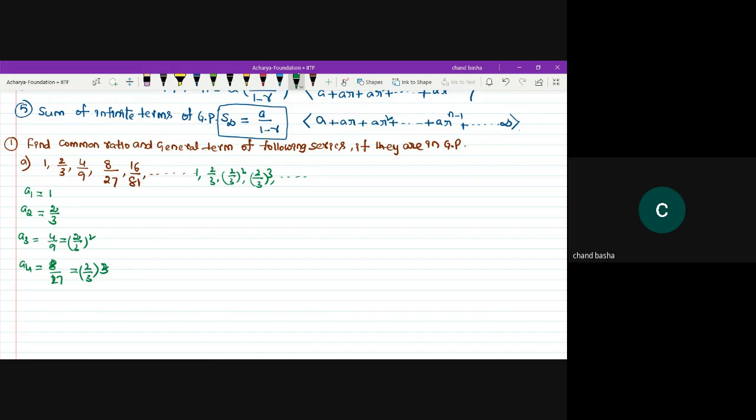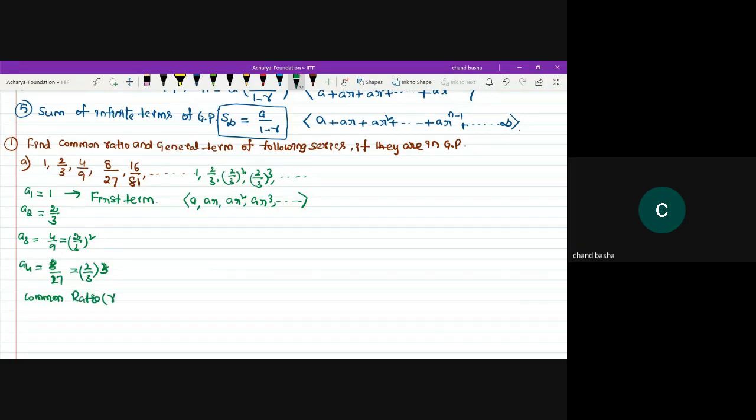And this is if I'm comparing a, a r, a r square, a r cube, and so on. So clearly this is in GP with the first term 1, and common ratio, as I said,